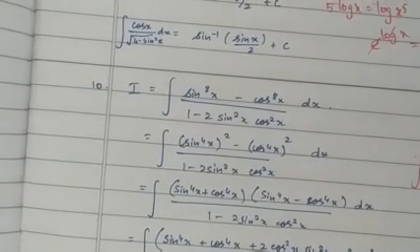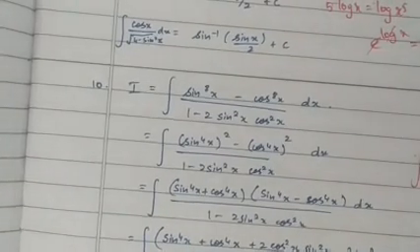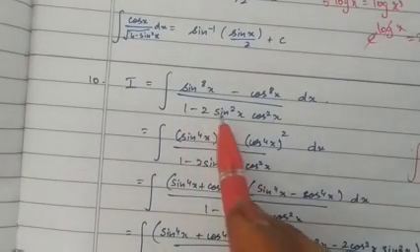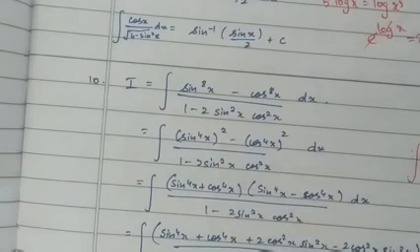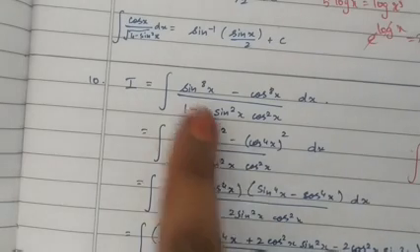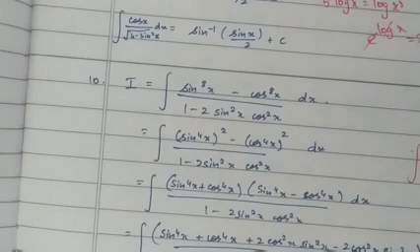I equals the integral of (sin^8 x minus cos^8 x) dx divided by (1 minus 2 sin^2 x cos^2 x). By seeing the sum, don't panic. It's very easy. Now sin^8 x you can write as (sin^4 x) the whole squared minus, you are going to write the numerator in terms of a squared minus b squared.